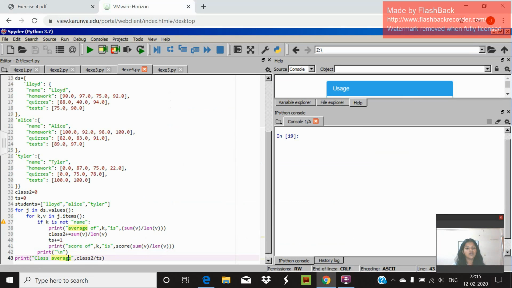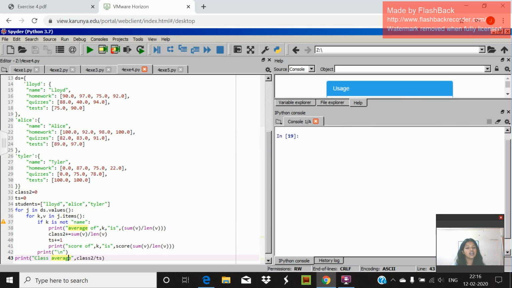And using a for loop, we have taken the values of dictionary ts as j, and then using a for loop, we have taken the values of j dot items as k, that is keys and values, and then using an if condition we are checking whether k, that is the key, is not name, and then we are printing average of k, and using the calculation sum of v, that is sum of values divided by length of values,